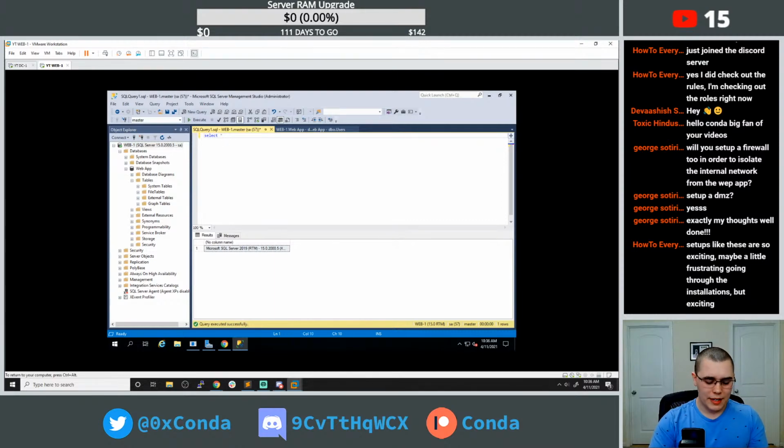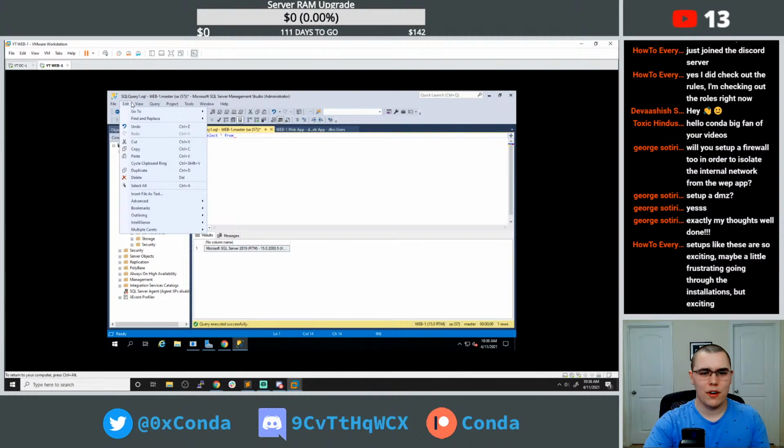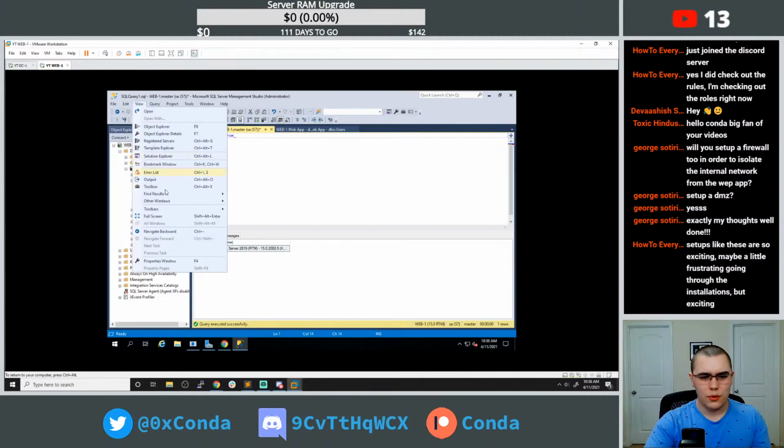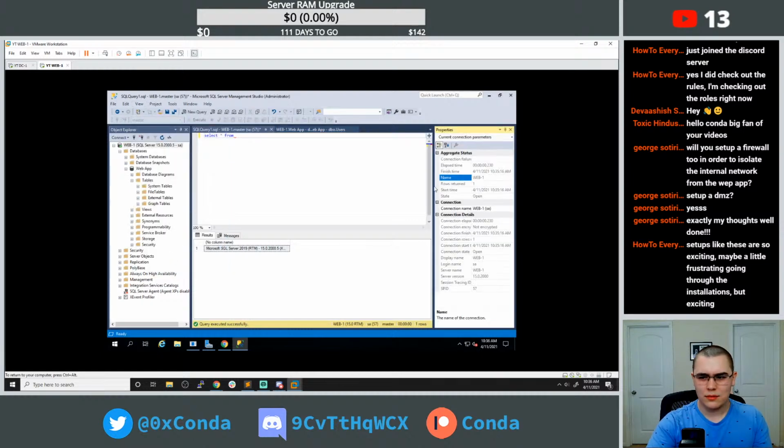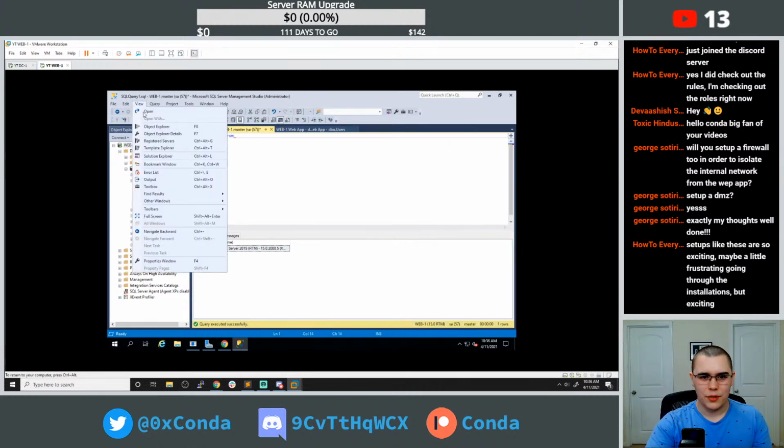Let's see. We should be able to do select star from. See if we can make this a bit bigger. See if we can make the font bigger. So view, properties window. Can we change the font? No, that's not it. View,